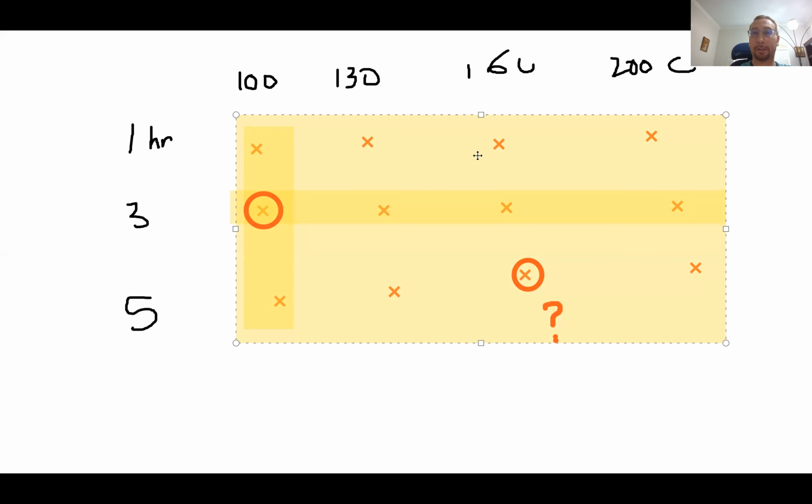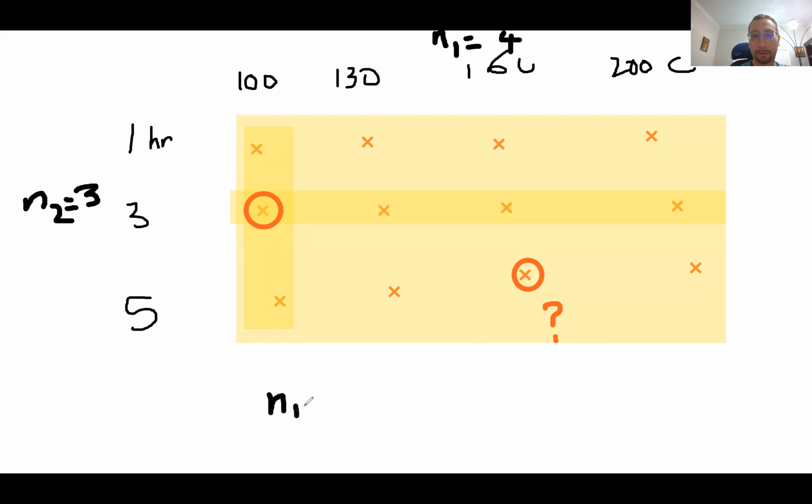Obviously the number of experiments that we have to do in this case is, we have 2 factors. This one that I call N1 is equal to 4, and this one that I call N2 is 3 cases, 1, 2, 3. So the total number is N1 times N2, which is basically 12 cases. Now if I go back to my slides,